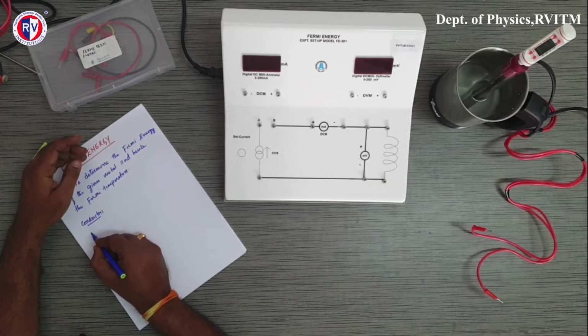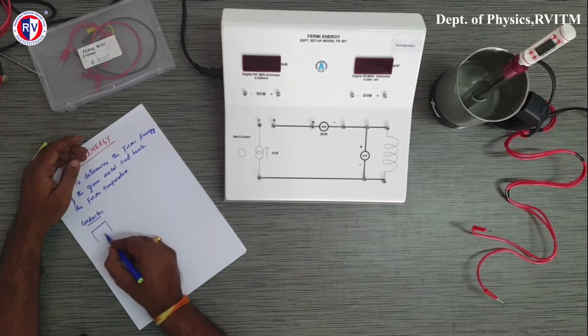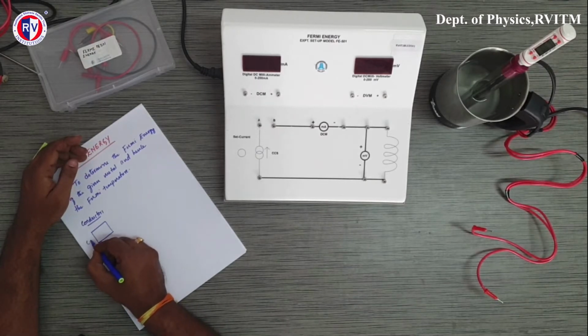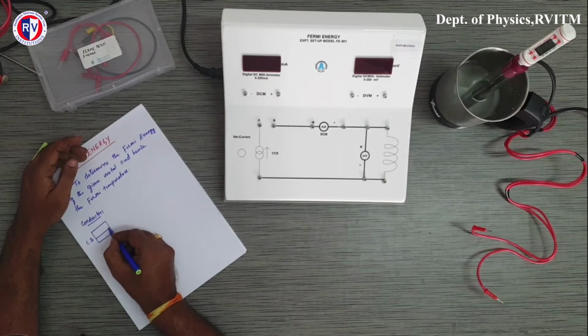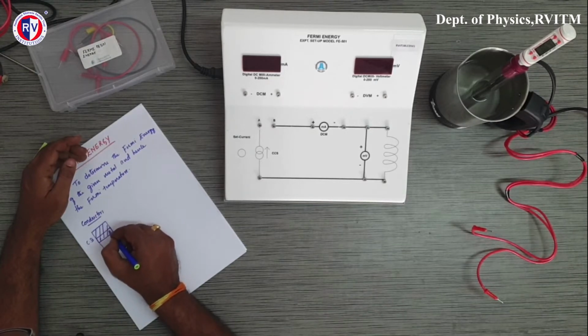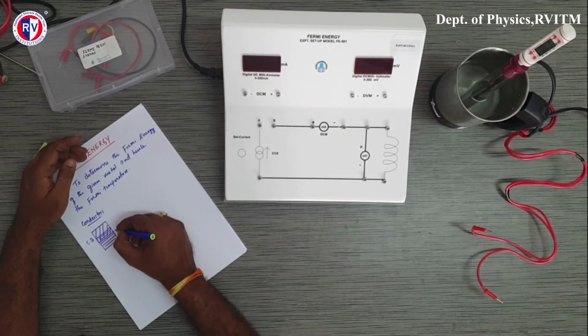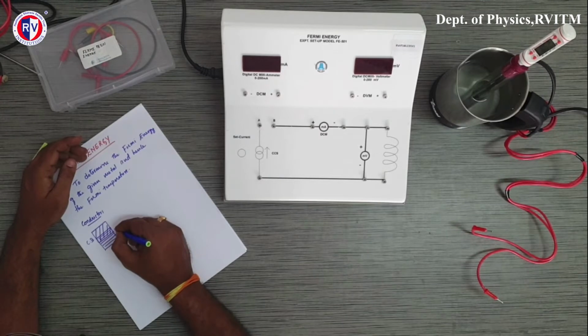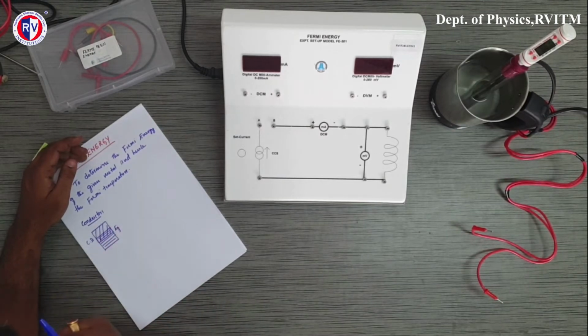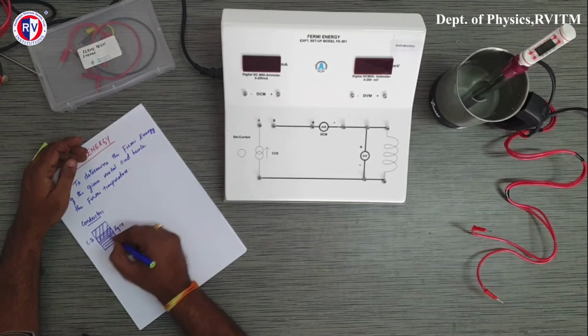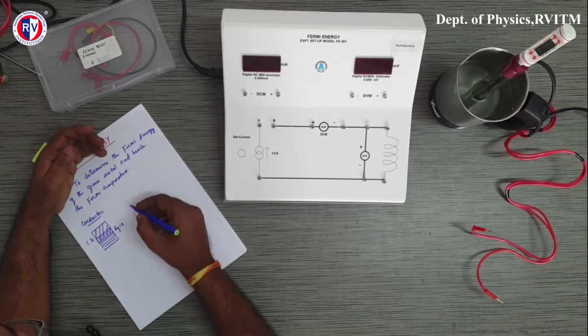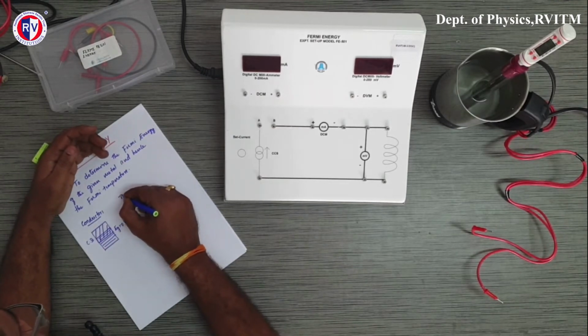In conductors particularly, this conduction band and valence band are actually merged with each other. So I will call this the conduction band and this the valence band. So there is no gap. That gap we call the band gap, represented by Eg. So Eg is 0 in conductors, whereas in insulators